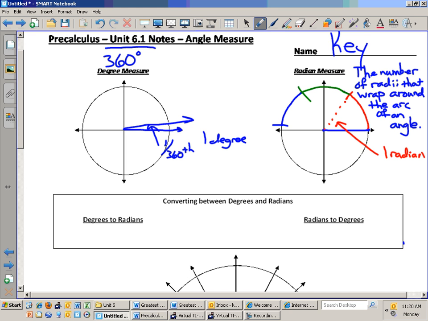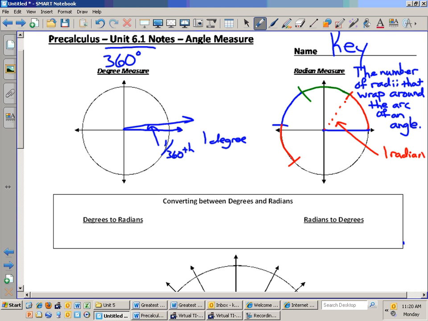Look at this. How many radii can you wrap around the circle? You can wrap 1, 2, 3.14. How many radii fit into 180 degrees? 3.14. Exactly, pi radians fit in 180 degrees. How many fit in 360 then? 2 pi. So if I were to continue this on, just to show you the connection,